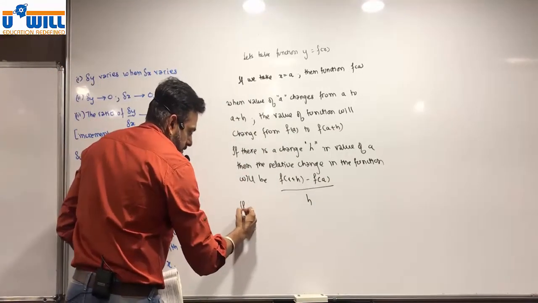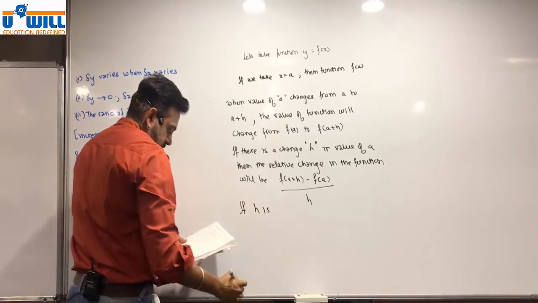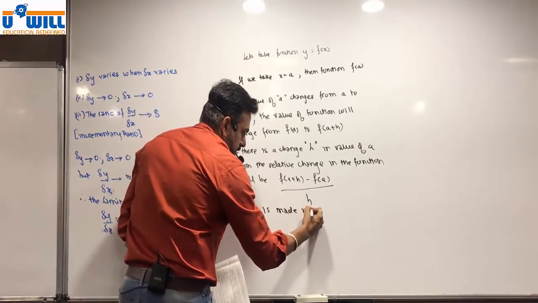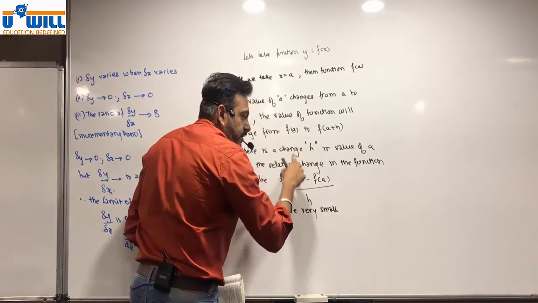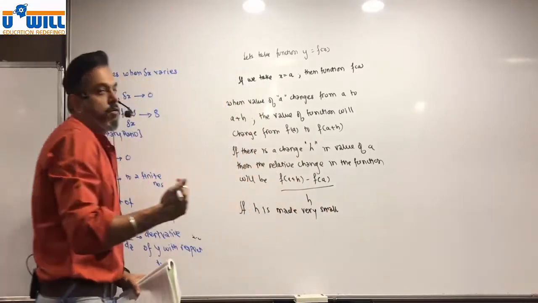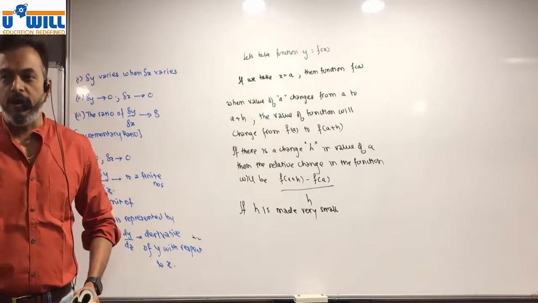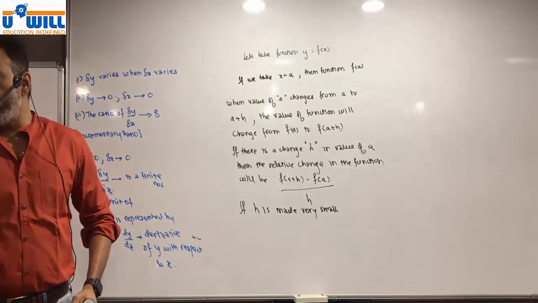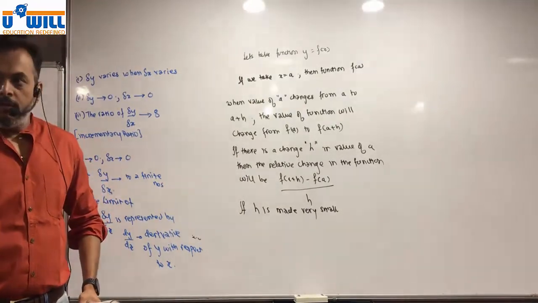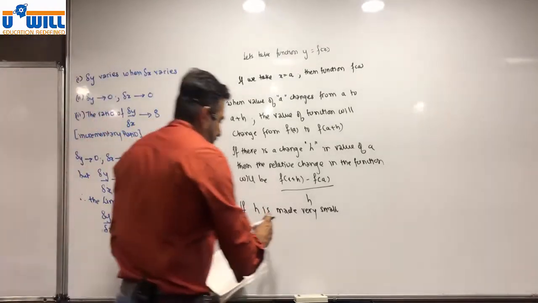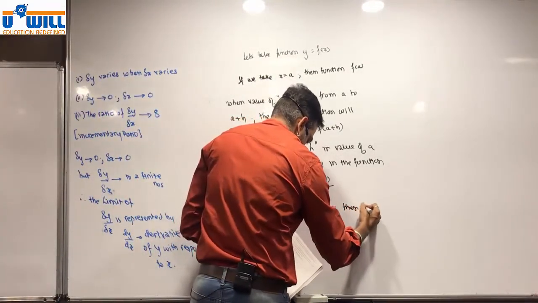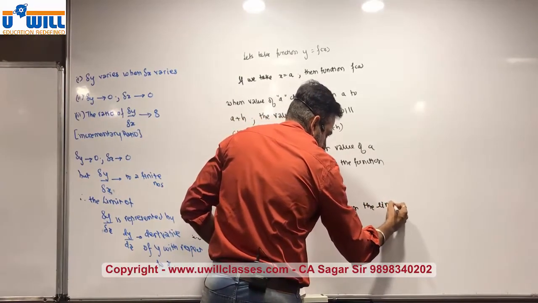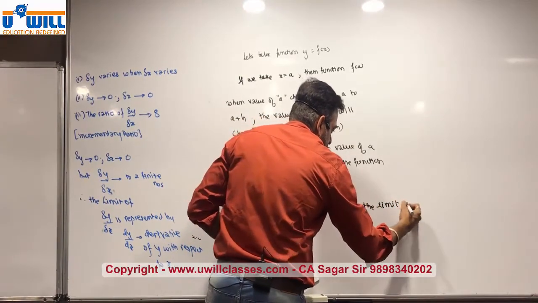If h is made very small... Now what is this h? h is the change, made very small. Say we did 2, say 2.1, 2, say 2.01. Then if h is made very small, then the limit, now we take the limit at the point a, of this